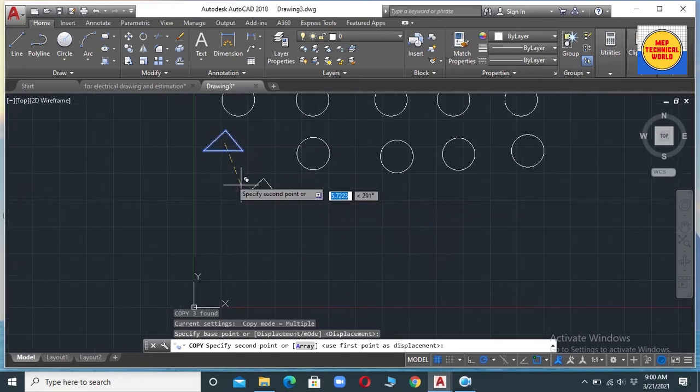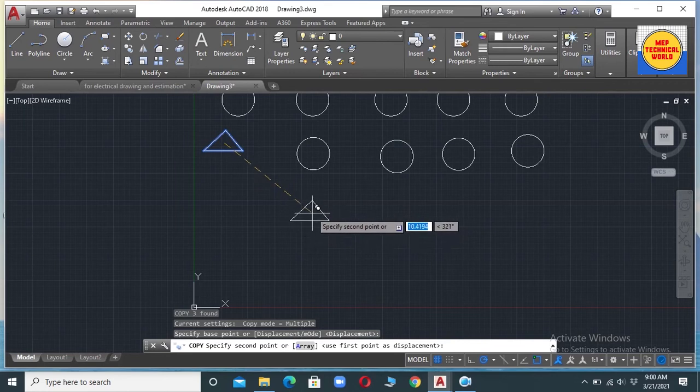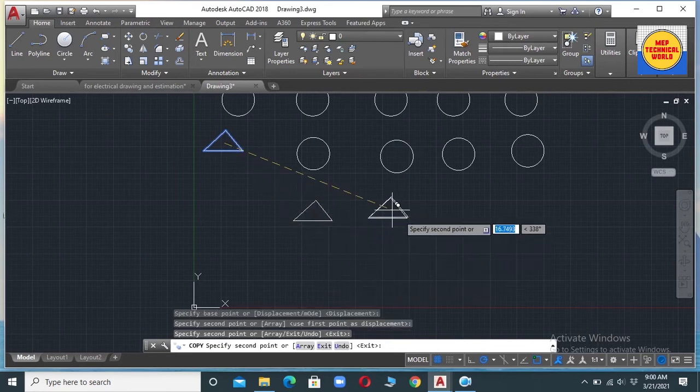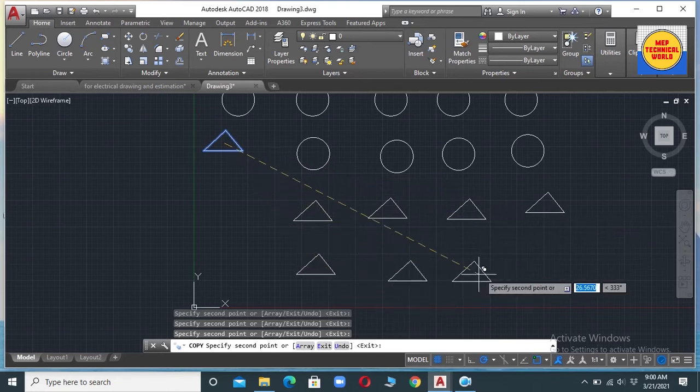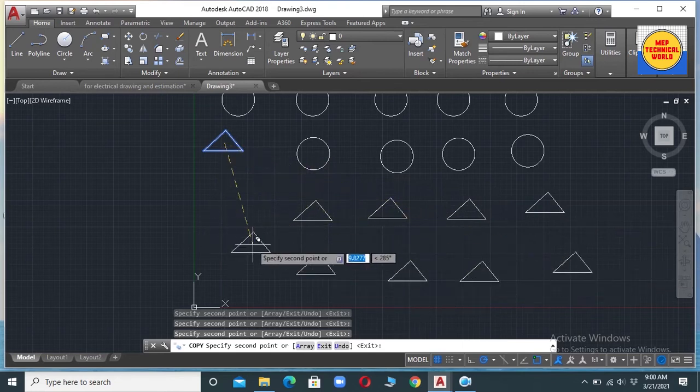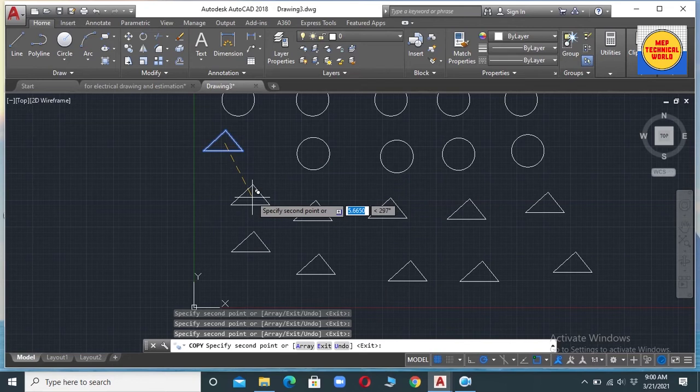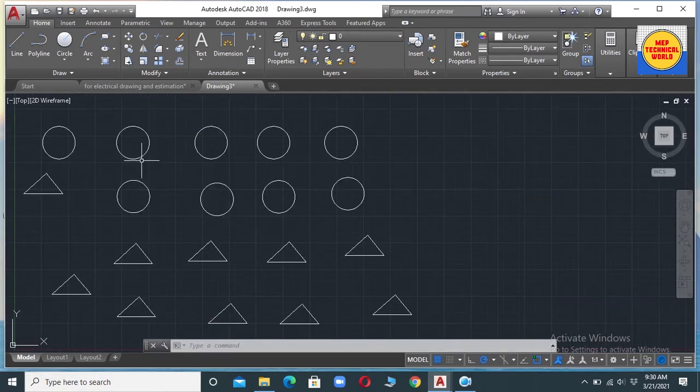Suppose I want to copy this object over here. In this way we can copy the object. Now to end this command, press the escape button. So in this way we can use the copy command in AutoCAD.